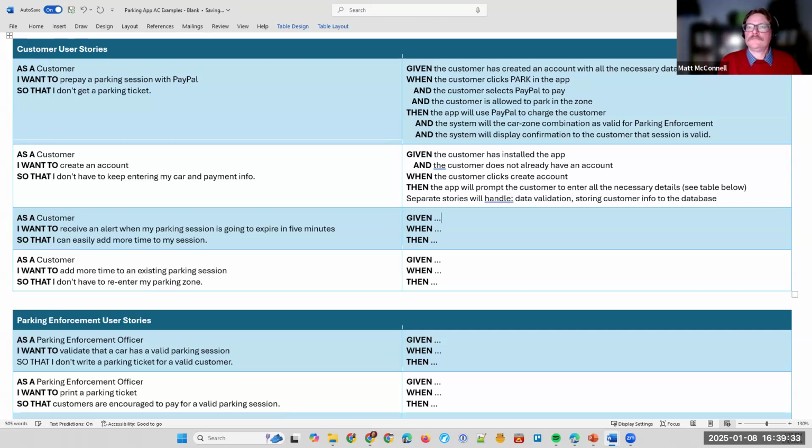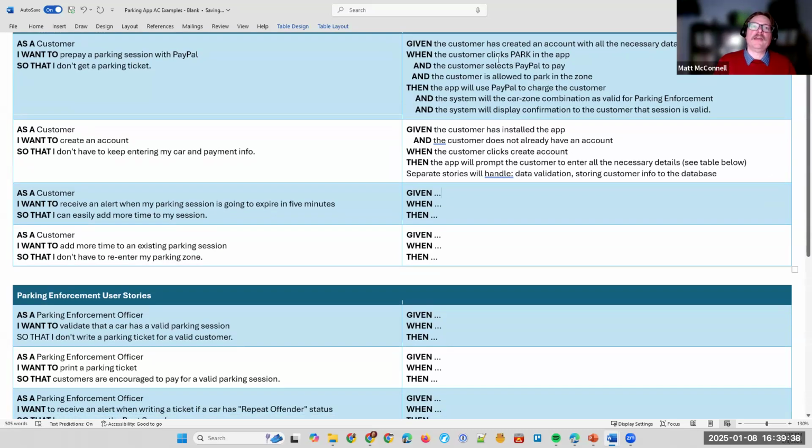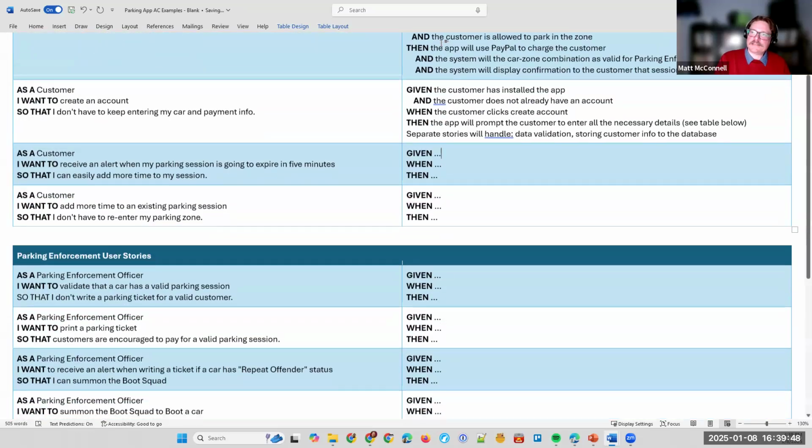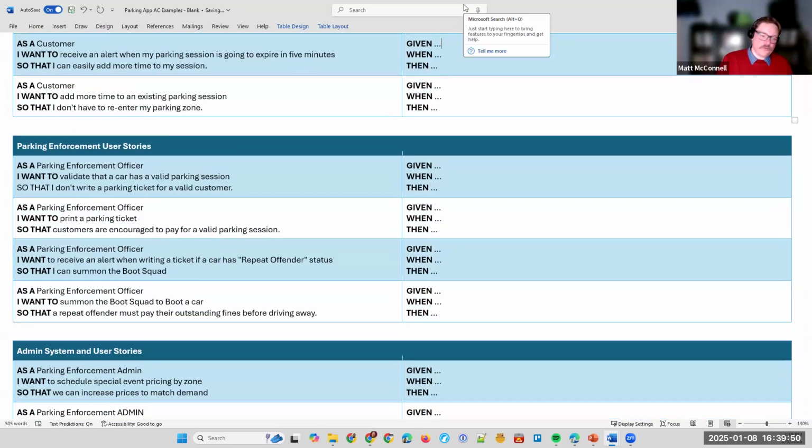Thank you. All right. Oh, wow, burning daylight here. Let's jump on to some parking enforcement stories. So that was from our customer's point of view, but we also have the parking enforcement officer who's out on the street writing out tickets like their job depends on it. So the basic use case here is they'll come to a zone. The parking enforcement officer will enter the zone number that he or she is in. So I'm like, okay, I'm going to check cars now in zone 4777,